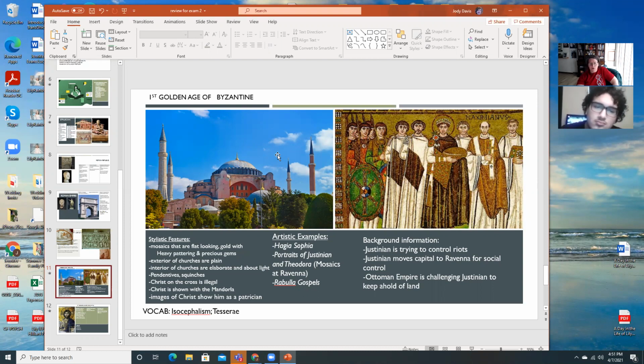Okay, so if you think of Byzantine as being the age of light, or maybe the beginning of the age of light, you'll notice that mosaics have a lot of gold in them, but they have a real flat lookingness to the image. Part of that is because you're looking at a picture of the mosaic. The mosaic was never meant to be seen the way we see it now.